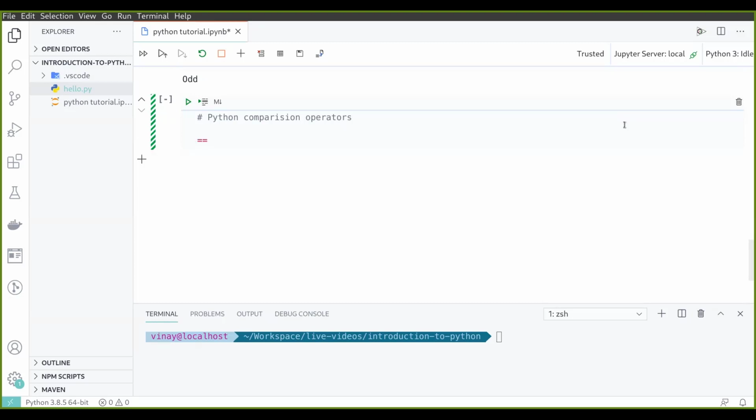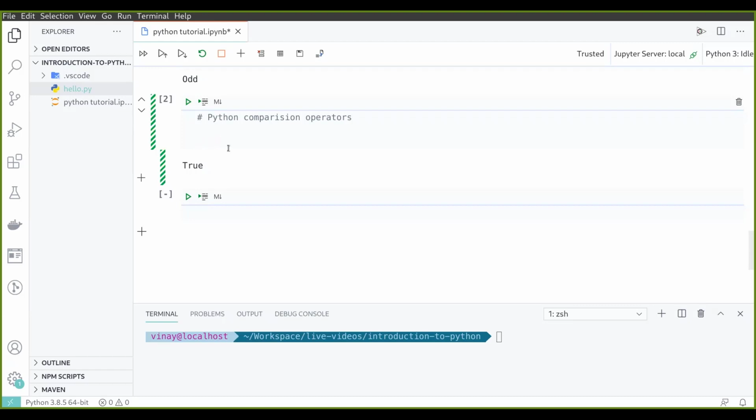Let us try and see what the output is. So for example, let us take 2 on the left hand side and say 3 on the right hand side and run this code. And you'll see that this code gives output as false because it is not true. 2 is not equal to 3. Now suppose if we say 2 equals 2, then it will be true. So the output of all the comparison operators will be a boolean. It will be either true or false.